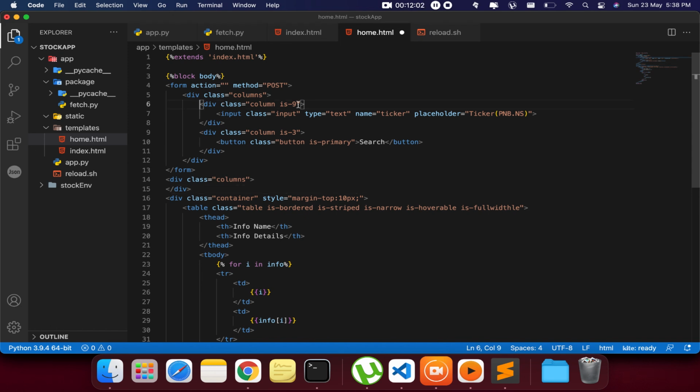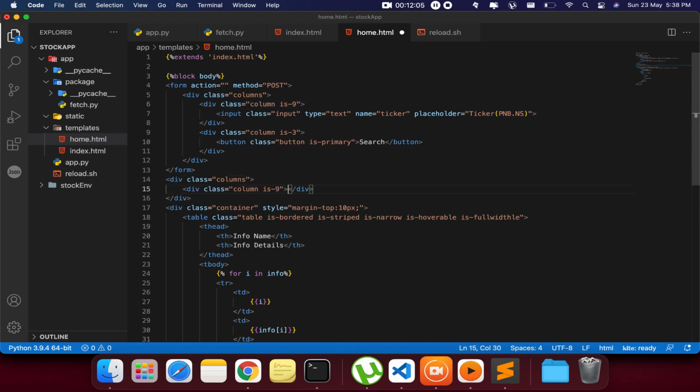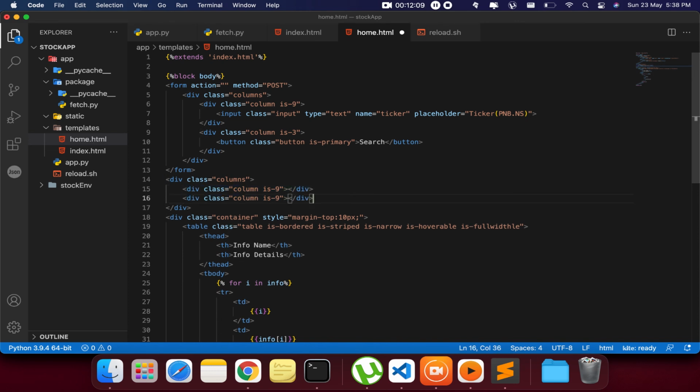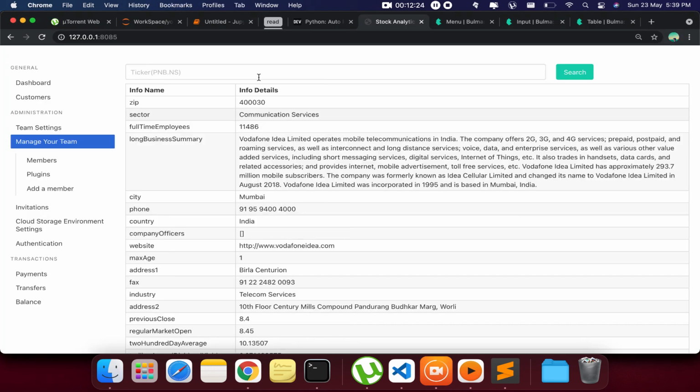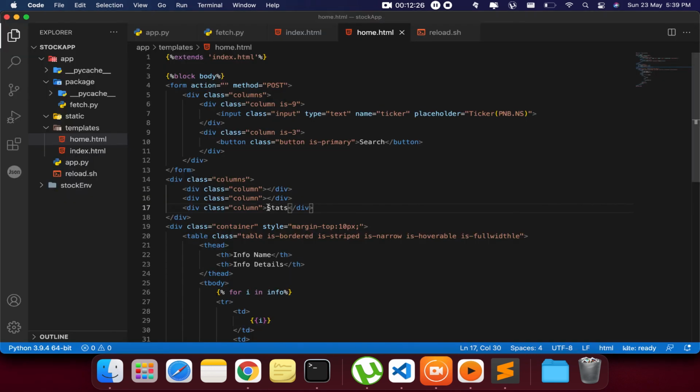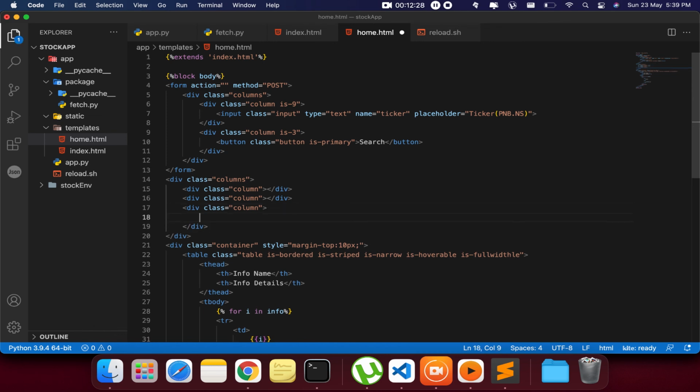We'll put other things here as well later, but for now let me create one called stats, and this will be a button, of course.